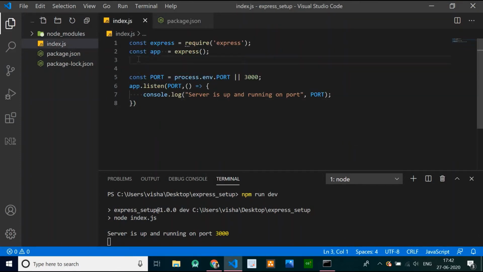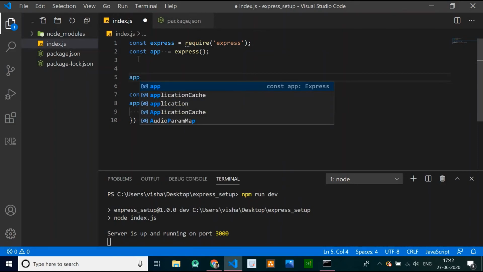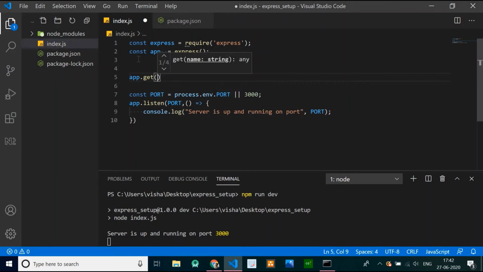Now let us do something else. I want to see something on my screen, obviously on my browser at least. So I will do app.get, and on my default route, when you go on localhost, say for example our port number is 3000, when you go on localhost 3000, what should you see? When anyone makes a request on that particular URL,